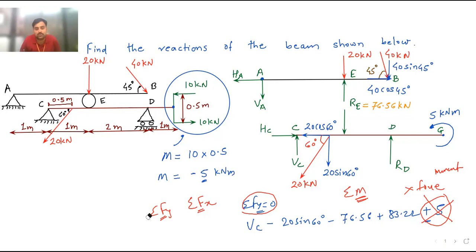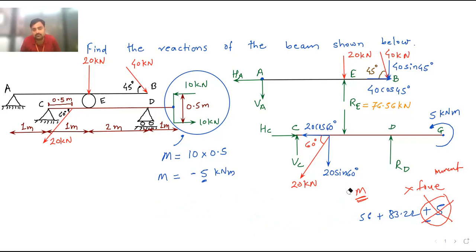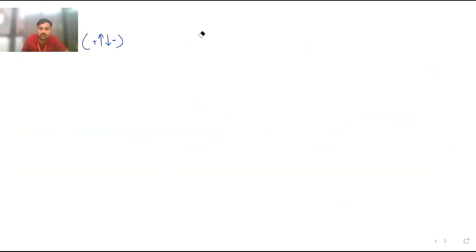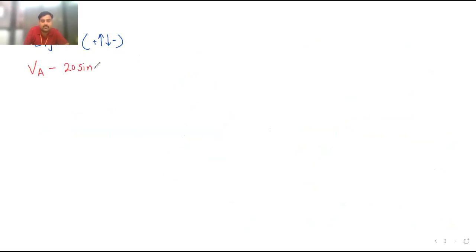Okay. So now we will write the equation once again. So this is the rough thing for your understanding I have done here. So now I will write the equation. You also check the equation. So VA, which is moving upward, VA is moving upward, so plus VA minus 20 sin 60